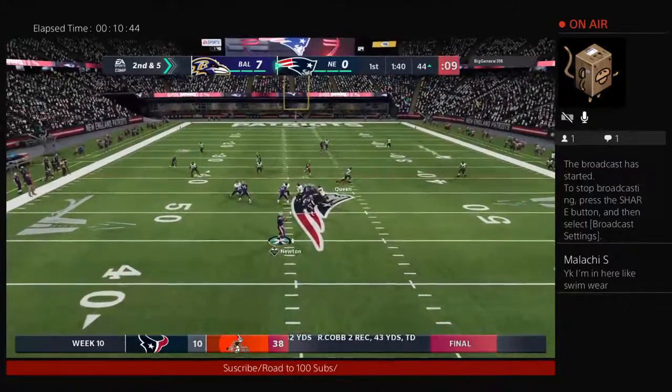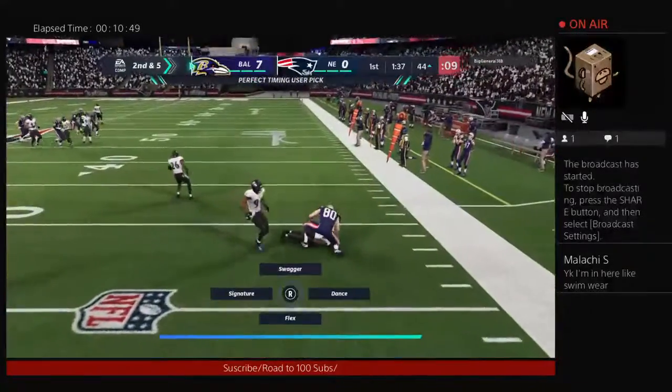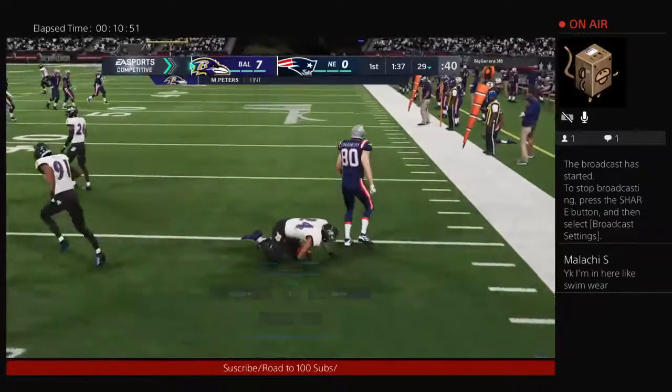From the 44, Newton. Come on now. This man is on it. Well,